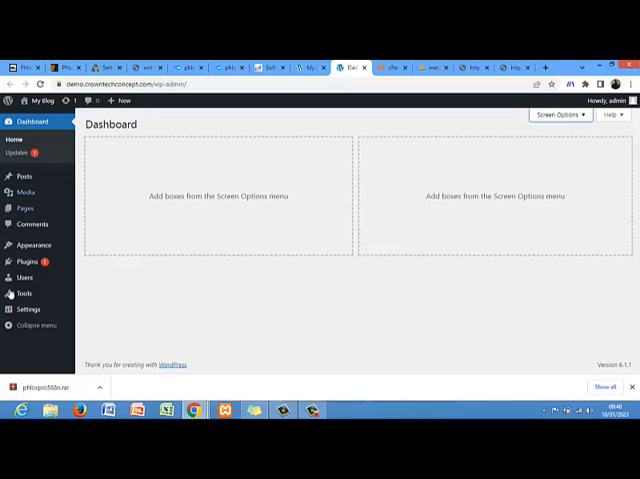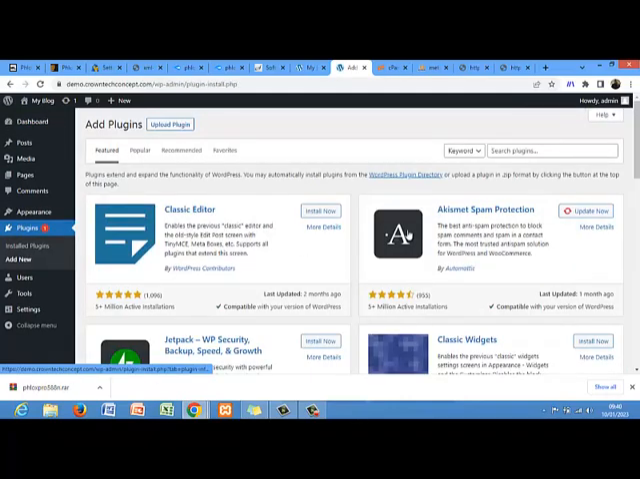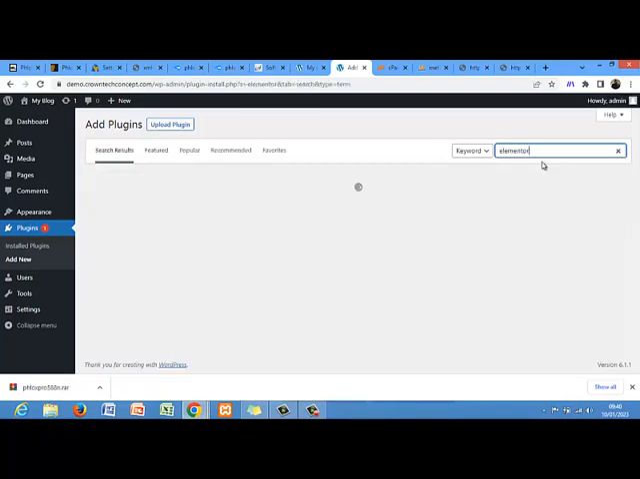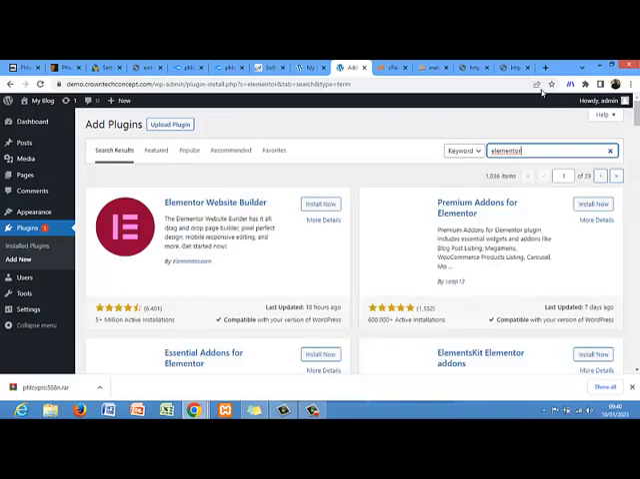Now, to upload themes. If you are getting started, there is a major plugin that I want you to have on your website. The first one is Elementor. You have the free version here. Let us look for